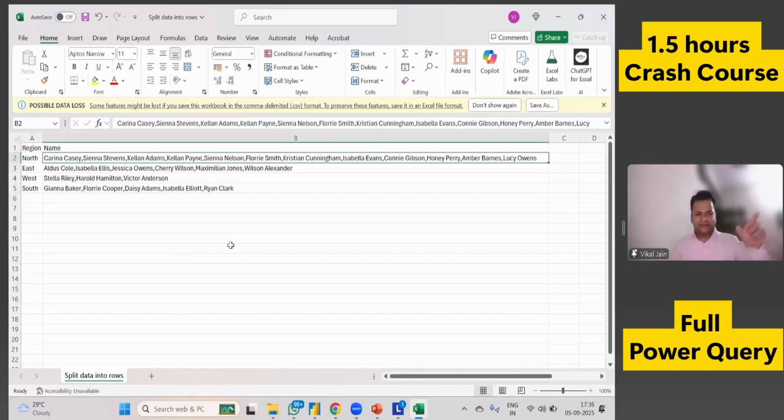So many names in the North region. Let's say you can presume them as sales executives or clients. Let's say you are making a dashboard of your CA practice. So you have clients in four regions: North, East, West, and South. Now let's say you have made a list in the North region. Now you want to split that data in the vertical form, not in the horizontal form. Horizontal can be dealt with by text to column. So if I select the column and use text to column, it is going to break my data into columnar parts. But if you want to split this data like